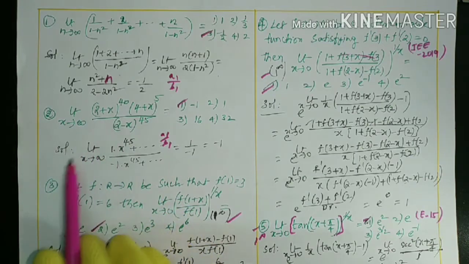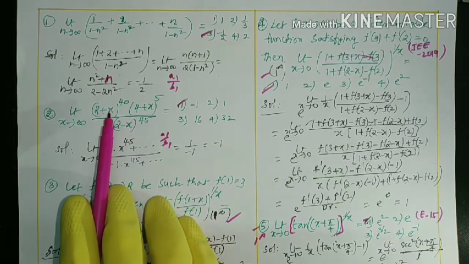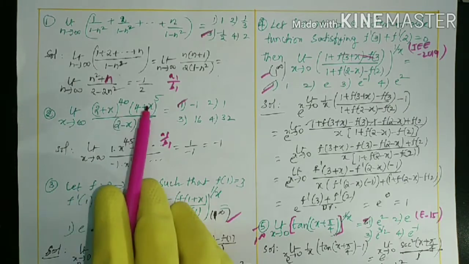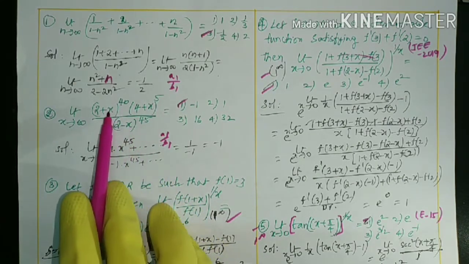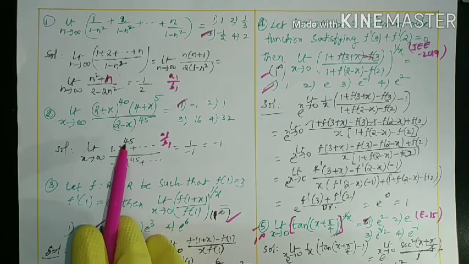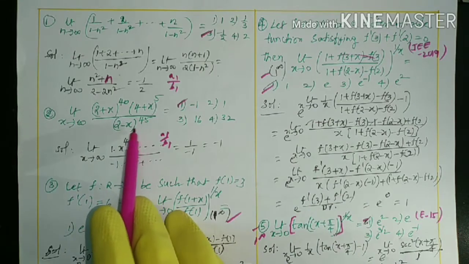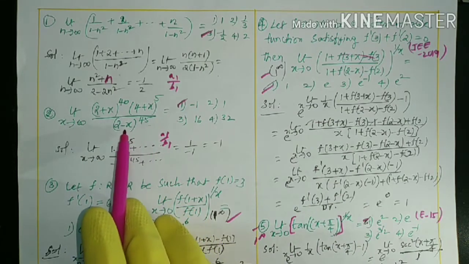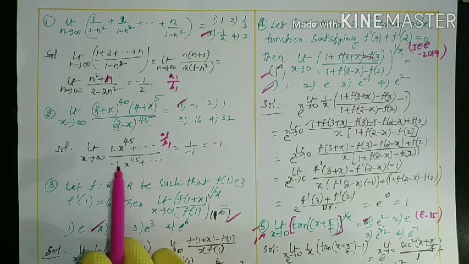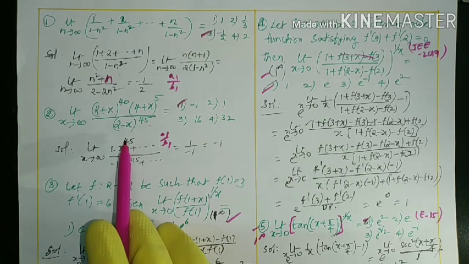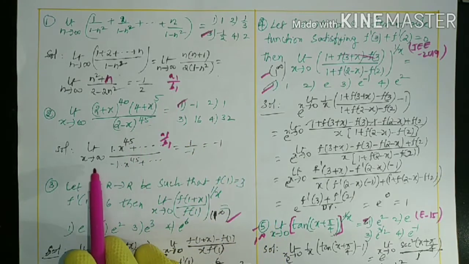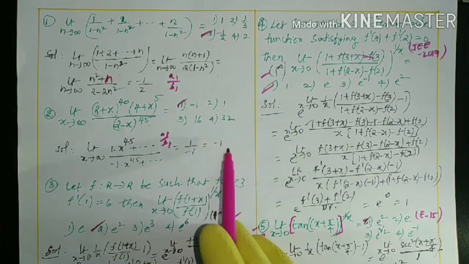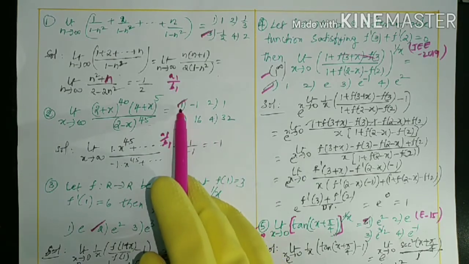You know, simply what is the solution? By the expansion of this, what is the highest power here? x power 40, here x power 5. Simply x power 40 plus 5, 45. Its coefficient is 1, 1 into x power 45, rest of the terms no need to write. And what about the denominator? Here also x power 45, with (minus 1) whole power 45, is minus 1 into x power 45. Both the degrees are same, 45, 45. According to the same rule a1 by b1, we have to use 1 by minus 1, becomes minus 1. That is option number 1.